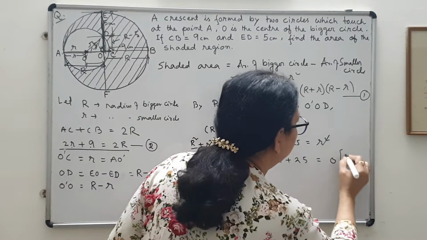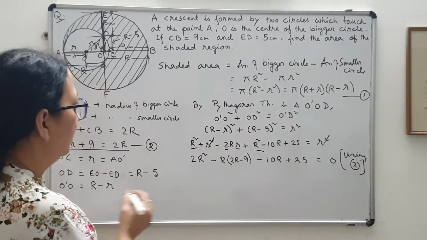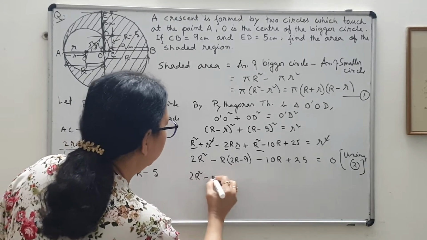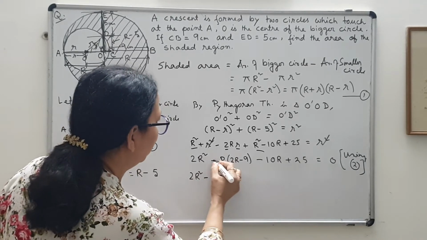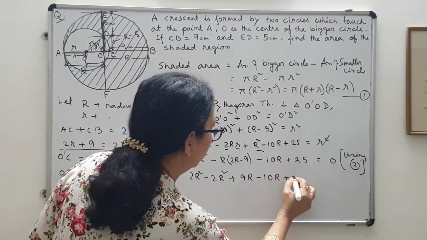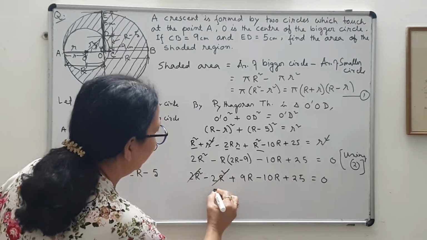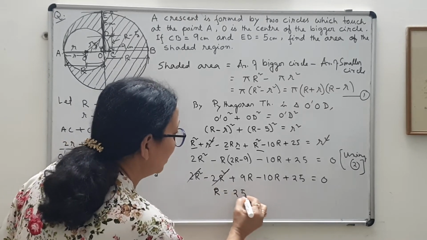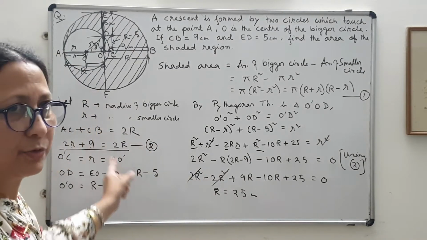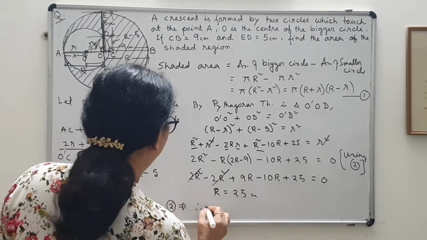So let me write it here using equation 2. Okay, fine. So I'll be getting a quadratic equation. Let's see. 2R square minus, also it is so nice, you see, this will be getting cancelled, minus minus plus 9R minus 10R plus 25 is equal to 0. Fine. So nice. So R is 25. Yeah, so easy, you see. It seemed it would be difficult, but it came out so nice, no? So when I know R is 25, from equation 2 I'll be getting the value of r also. Therefore, from equation 2, I'm getting the value of r.